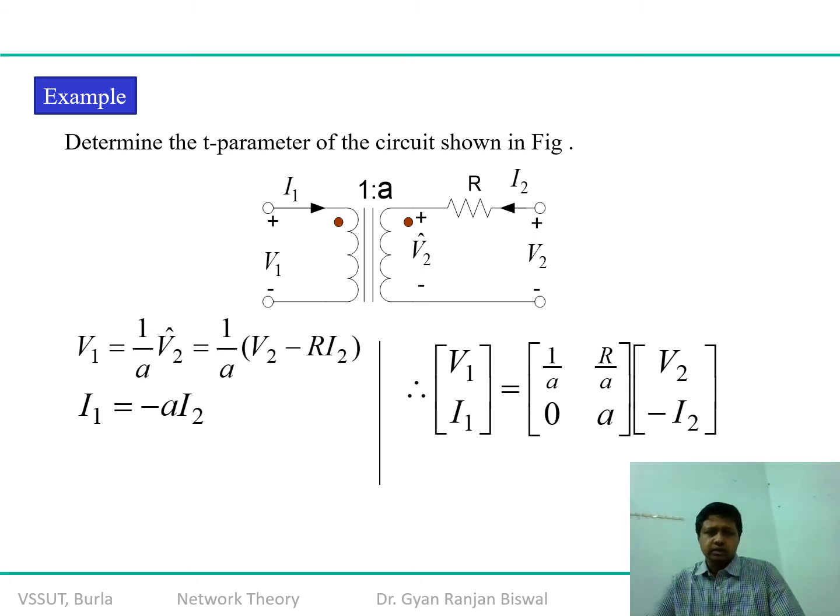You can check that the network is neither symmetrical nor reciprocal in nature. But now I would advise you to remove the value of R. If you remove the value of R, then what will happen? Yes, it is 1 by A. And if the value of A is equal to 1, that means there is no amplification, there is only a tightly coupled tuning circuit, with the same equal number of windings.